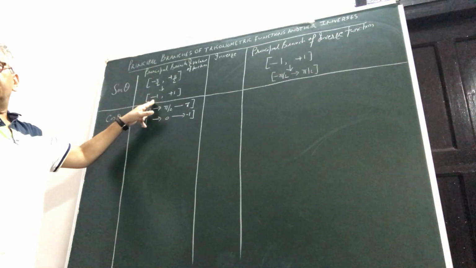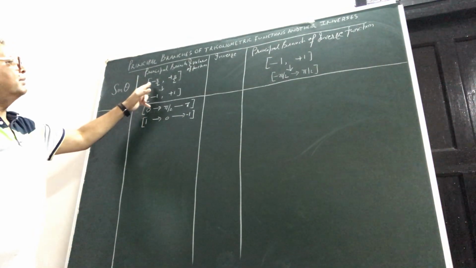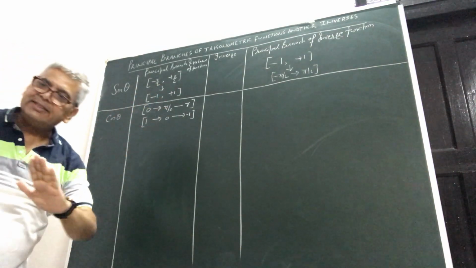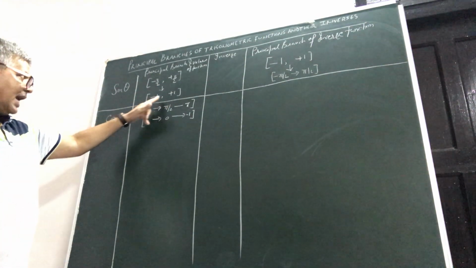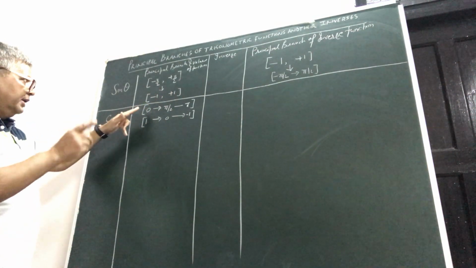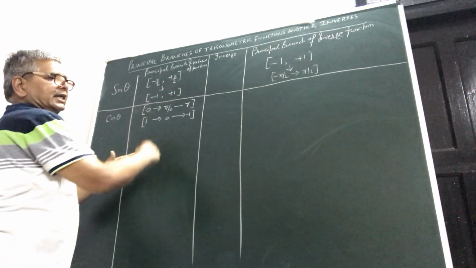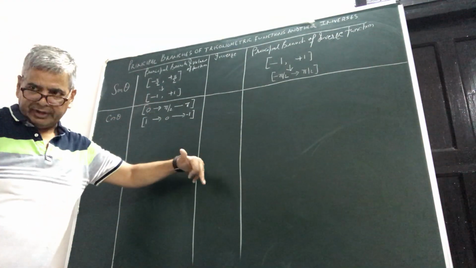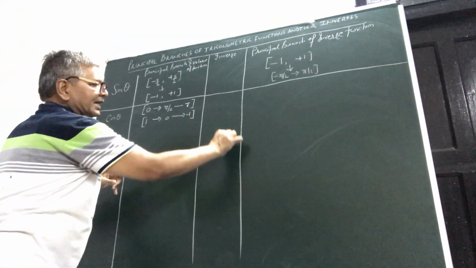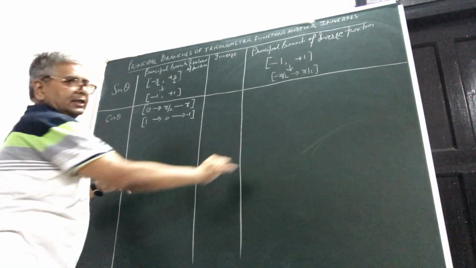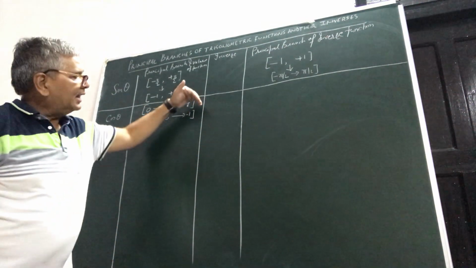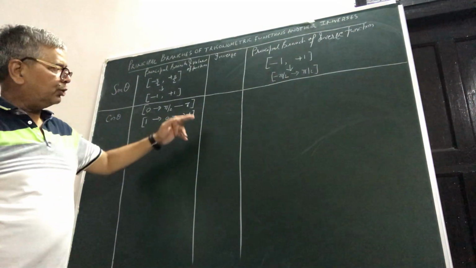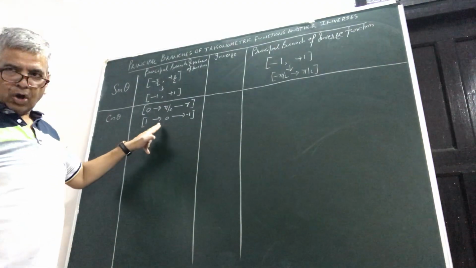Here, in the sine case, as you go in the principal branch from left to right, the value is continuously increasing, and we have seen that in the graph also. It is increasing all the way, and in cos it is decreasing all the way. See, the graph comes almost like this. At 0 it is 1, then at pi by 2 it will become 0, and then at pi it will become minus 1. So throughout it is decreasing for cos.